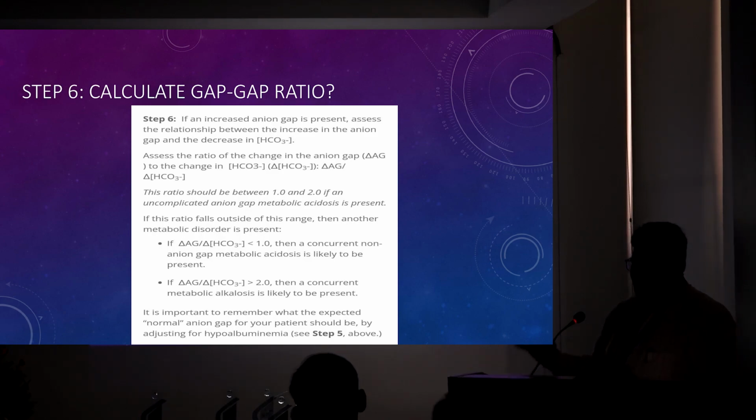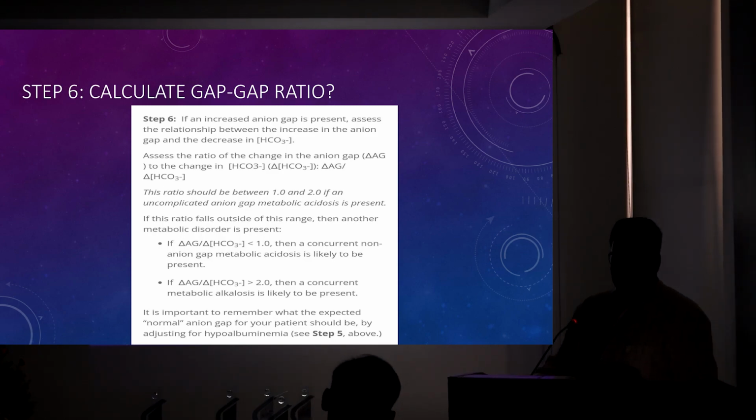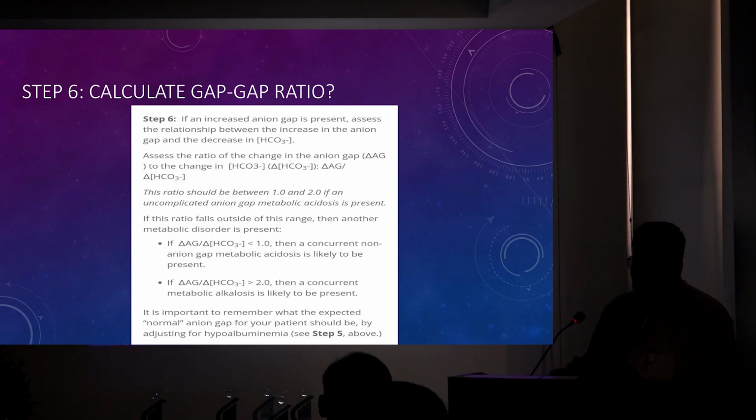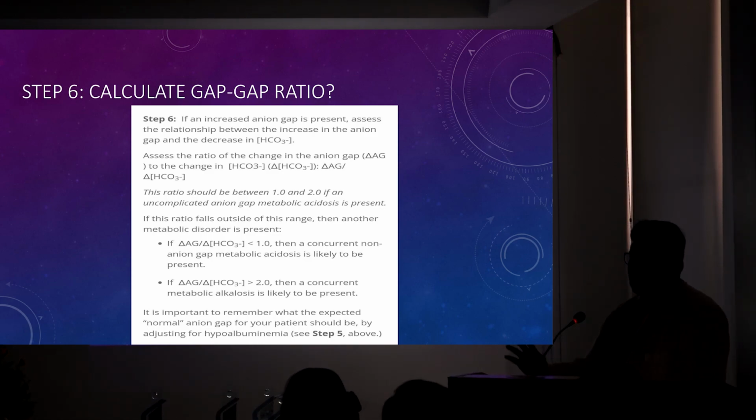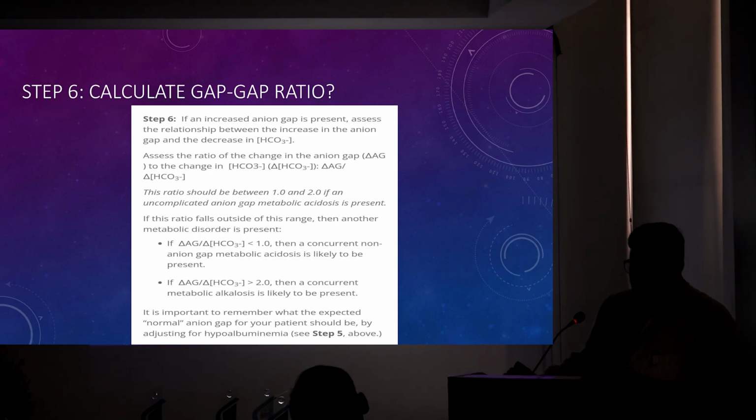Now once we have done the gap, if it is a normal anion gap, if it is a high anion gap, then we need to calculate the gap ratio to know what exactly this metabolic acidosis is. Is it uncomplicated or is it complicated by some other acid-base disorder? So for that, we check the gap ratio, that is the delta ratio as you may call. It is the change in anion gap,